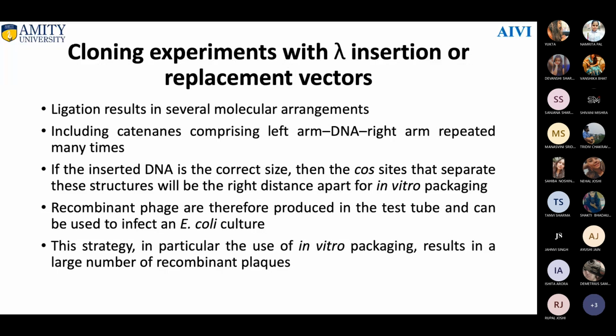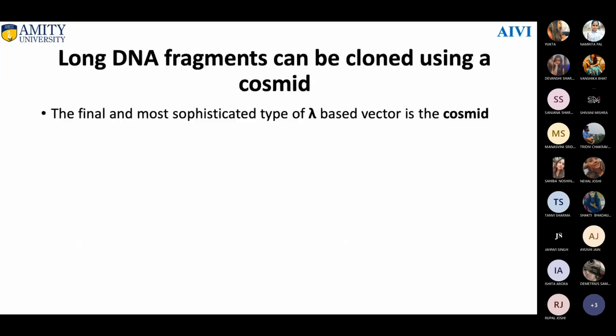Okay, next is the cosmid. Just as when you combine a plasmid and M13, we give the name phagemid, here, with the lambda phage, which is based on the cos sites, when you combine the properties of lambda phage and the plasmid, we give the term cosmids. So what are you doing in it?